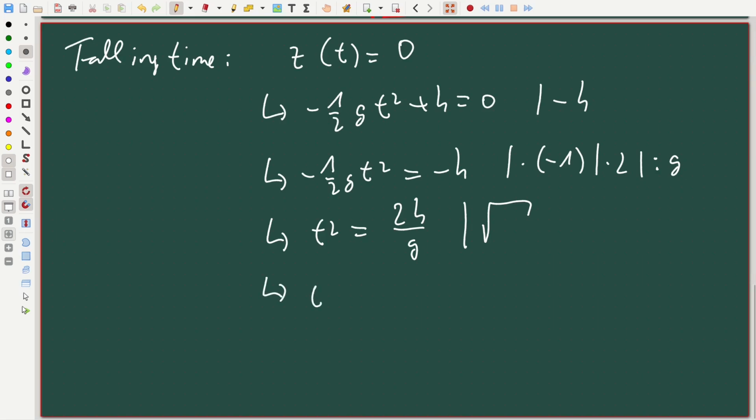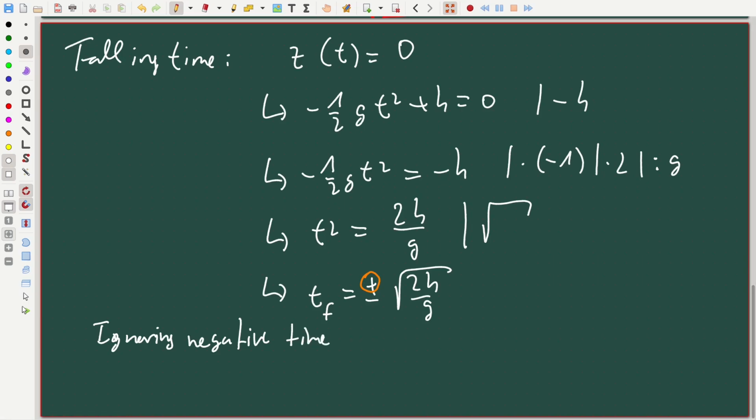And if we do this, then our time t is given as plus minus square root of 2 times h divided by g. Yeah, this is our falling time. Let's call it tf. And yeah, we can only concentrate now actually on the positive time. The negative time would be completely unphysical. So I can write here actually once more, ignoring negative time